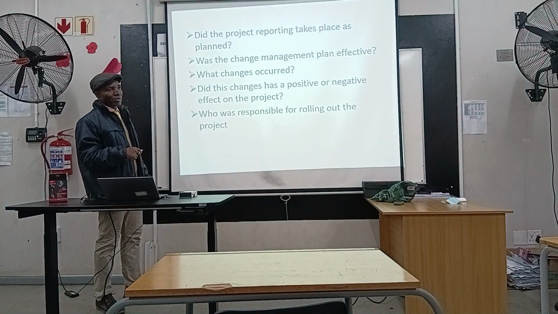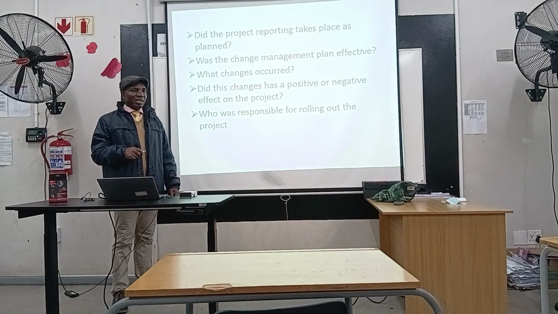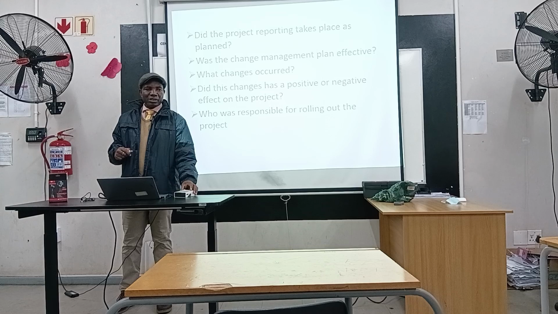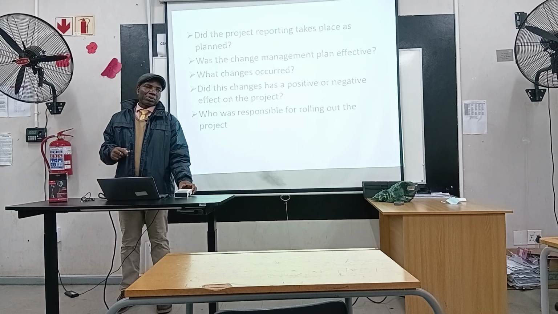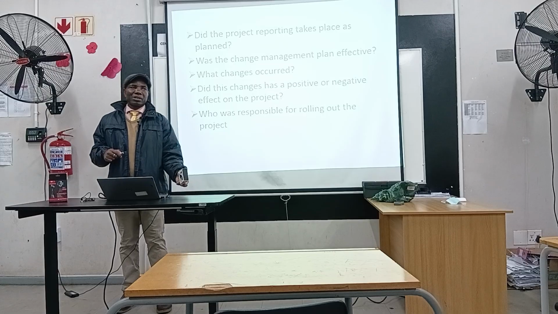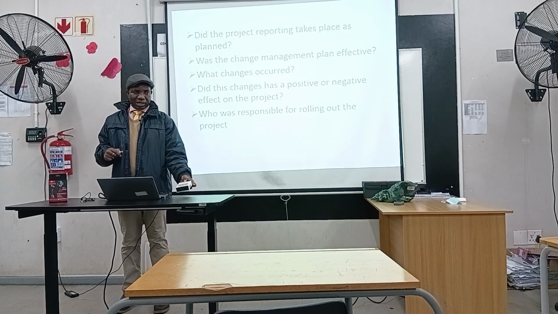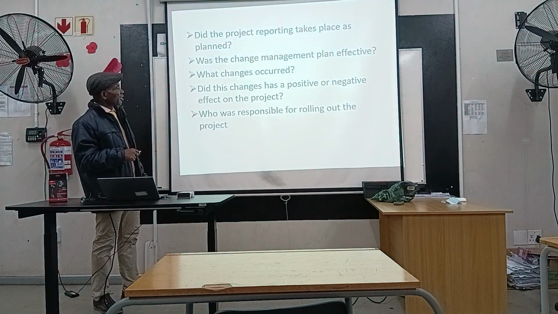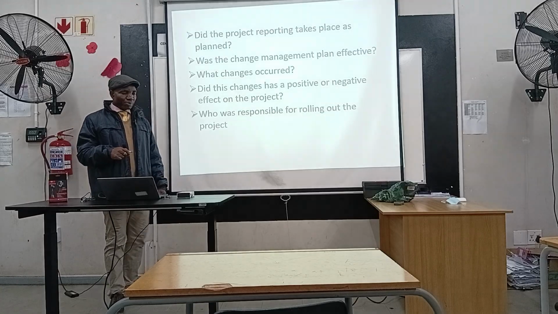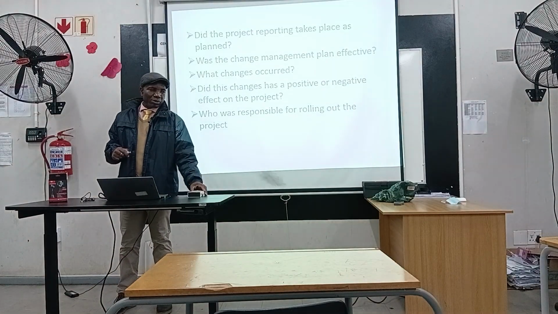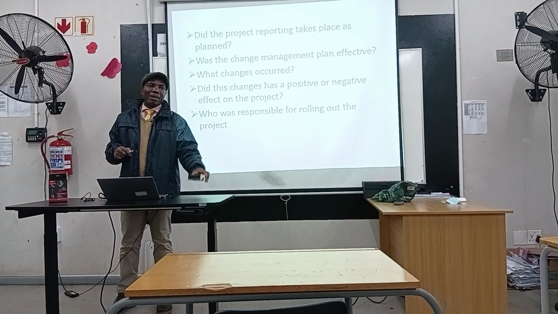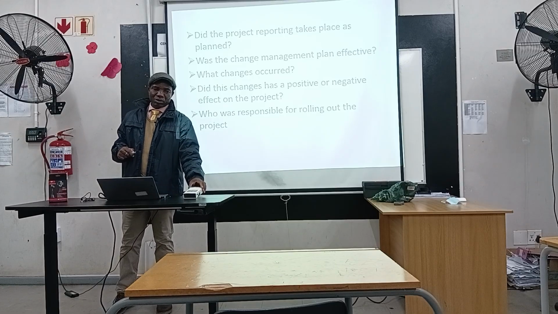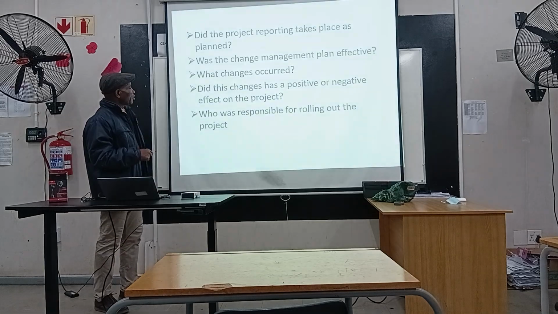Then what changes occurred, we need to know the changes that occur. Sometimes there could be changes that can vitiate the original or compromise the quality of the project, or that can make the budget of the project escalate, or that can prolong the duration of the project. So we need to know what type of changes occurred in order to establish as a fact what makes the project successful, able to achieve its objective, and what hampered the project from achieving its desired objectives or variable.